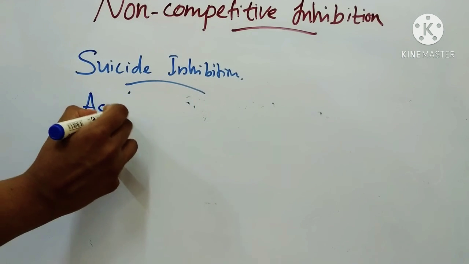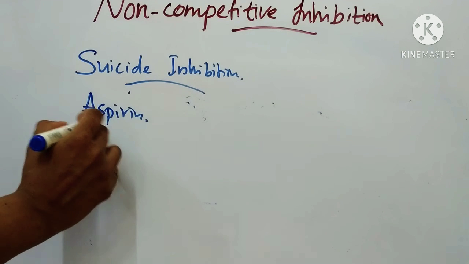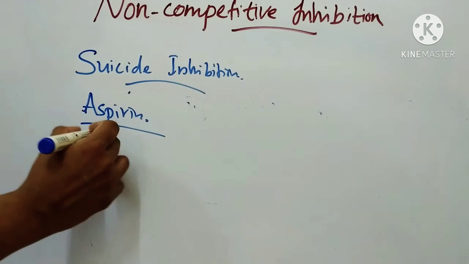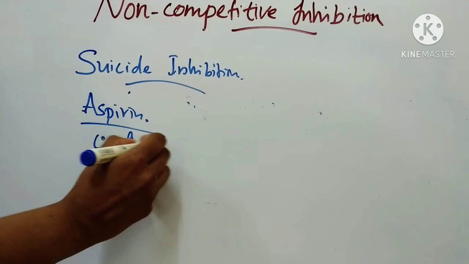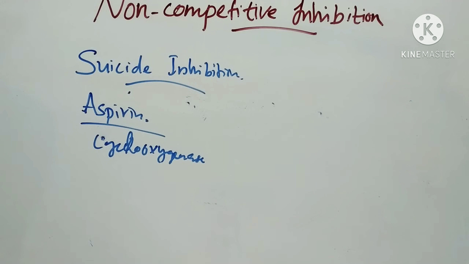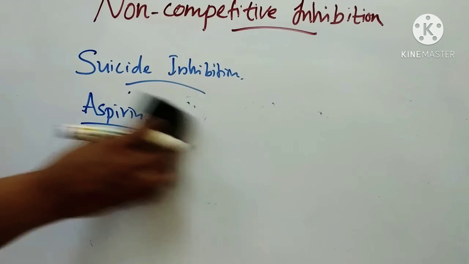Aspirin is the most commonly used drug for relieving pain. The anti-inflammatory action of aspirin is also based on suicide inhibition. Aspirin acetylates a serine residue in the active center of cyclooxygenase, and thus inhibits prostaglandin synthesis and the inflammation. That is about aspirin. Next one is